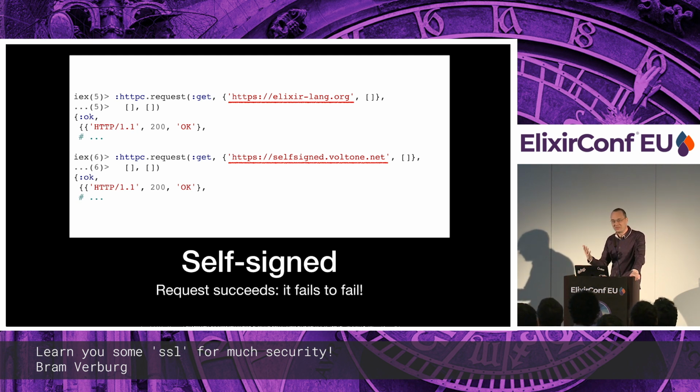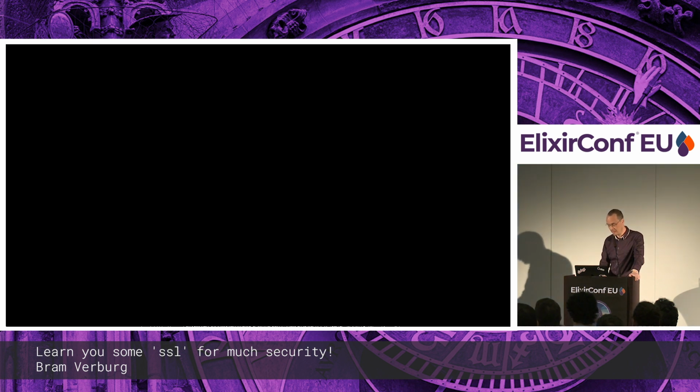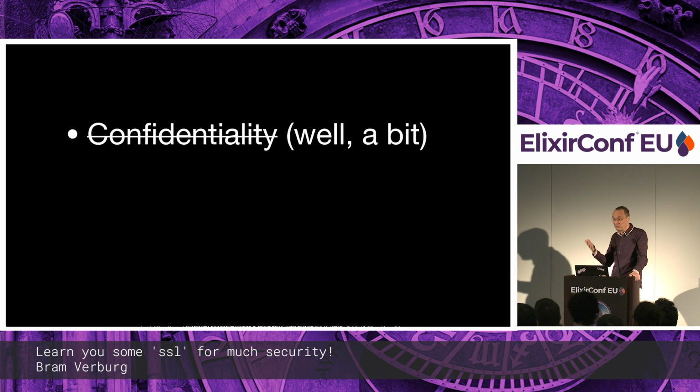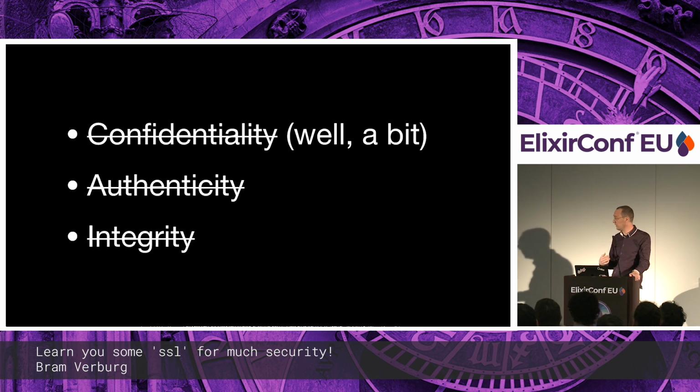And this is very important because obviously when we pass in an HTTPS URL, we expect certain properties from the connection that the TLS connection is supposed to provide. And we're basically giving up on confidentiality, authenticity, and integrity. Now, we're getting a bit of confidentiality, right? Because a passive observer on the network will not be able to decode the messages. But an active attacker can basically compromise the connection in all these ways. And it's not just about